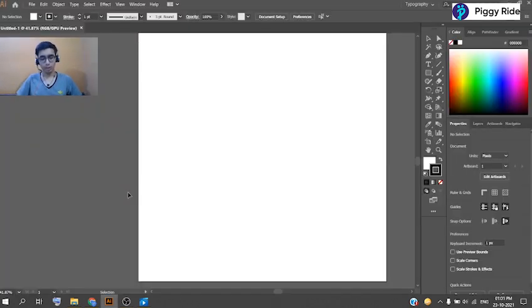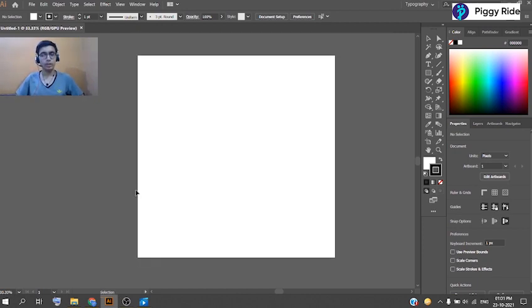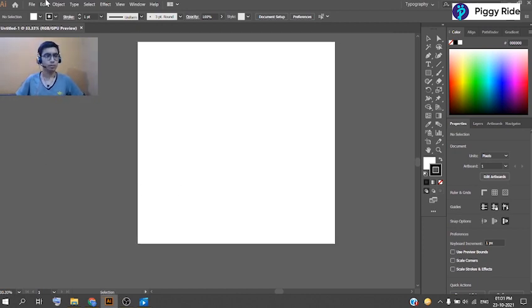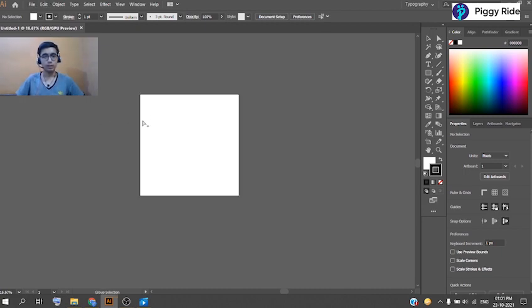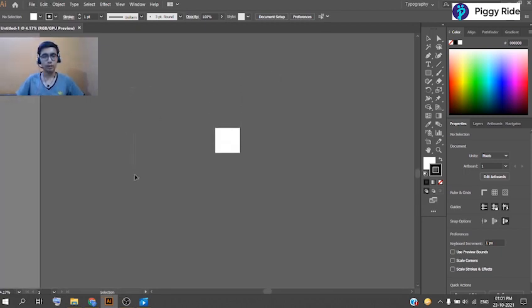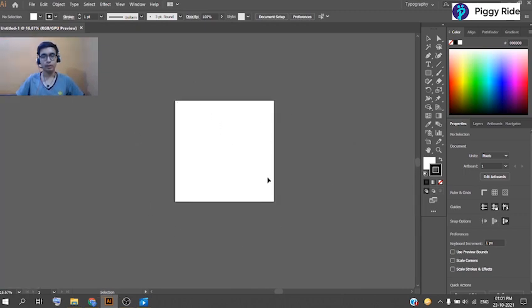This is not a very heavy software, but sometimes it takes time also. So yes, this is the canvas. The grayish portion is our canvas, and the white portion, that is the square that we have made of 1080 by 1080 pixels, is our artboard, in which we will create the thing that we have to export, or the main thing we will create. All the grayish part is canvas. The canvas is mainly used for rough work, or the rough design that we are making, and the final designs are always kept in the artboard, so keep this in mind.